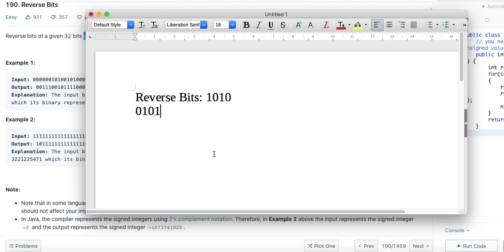If you have doubt about getting and setting the bits at any position, then go to the previous videos in the bits, the basic videos, where getting, setting and clearing of the bits is explained. So I can have a result initialized with 0, and I can start from here.